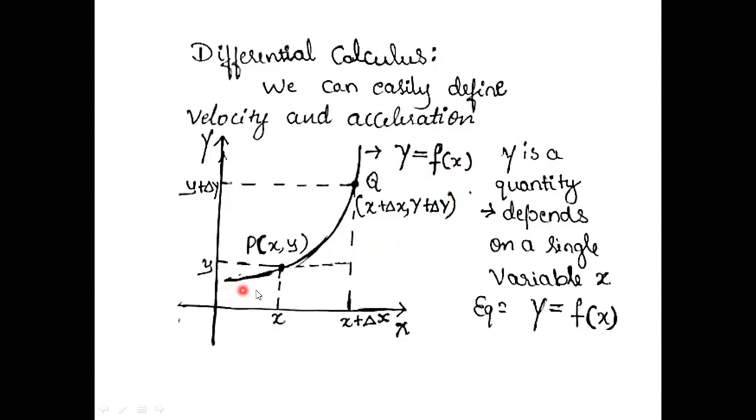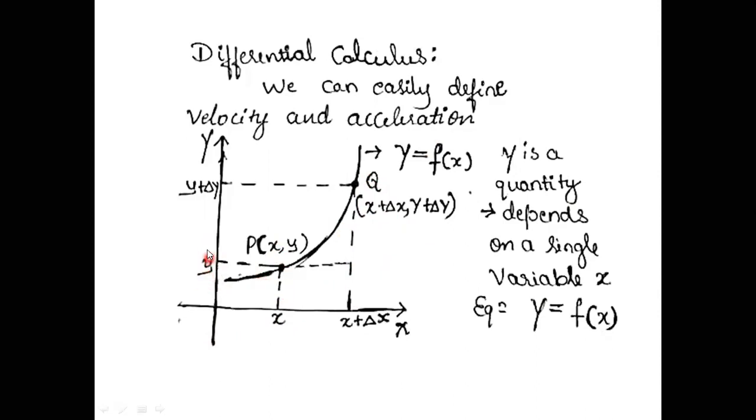So you see here there is a curve, okay, with 2 points, P which depends upon x and y, and Q, which has an extra variation, x plus dx and y plus dy. Okay. So initially for P, for the x axis the value is x and for the y axis the value is y. For Q the value is x plus dx. This much value is x, along with that an extra value delta x. Okay.